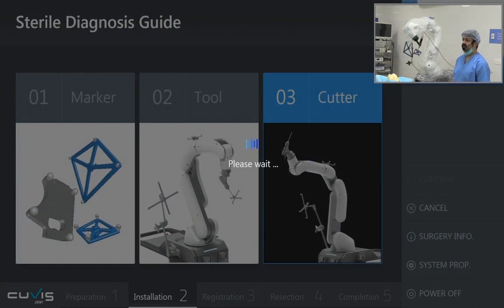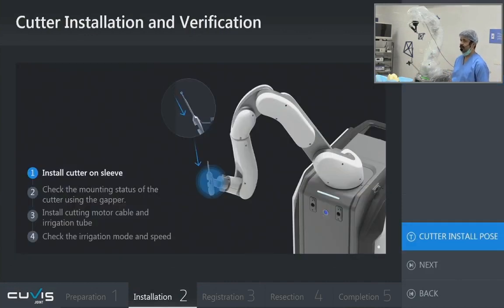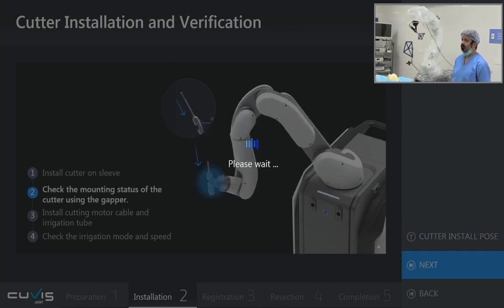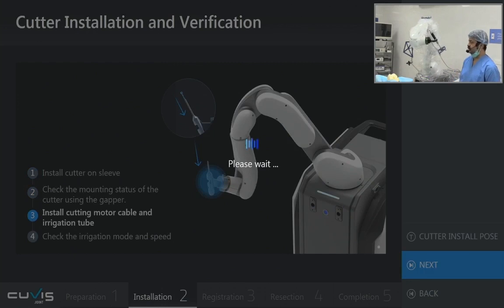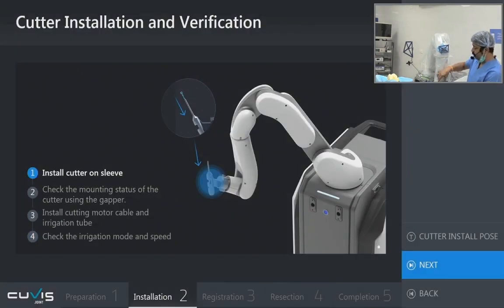And after that, this is the time where we need to put the cutting tool in place and install it. Once again the robot in a sterile position will be coming straight back in a very easy position where one can hold the robotic tool in place very easily. And as I can show you, this is how easy it is. With this,